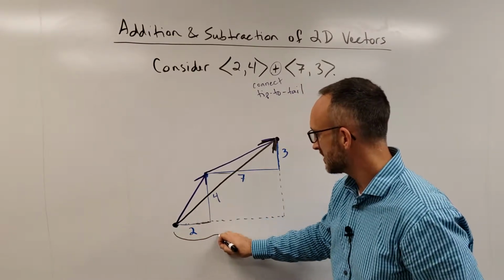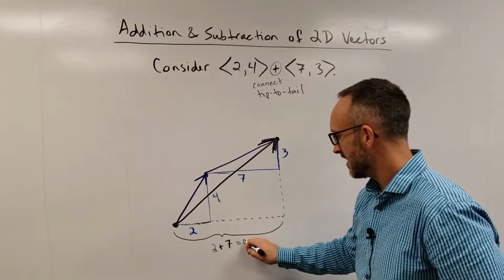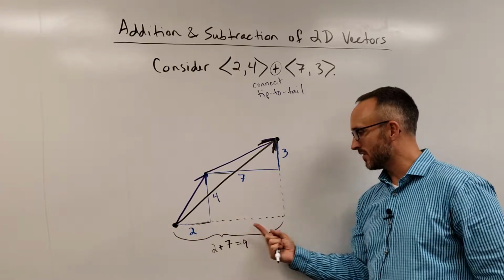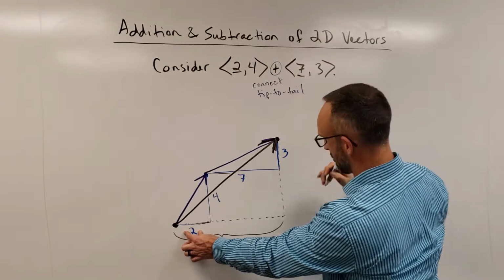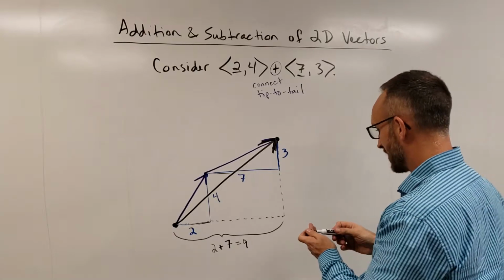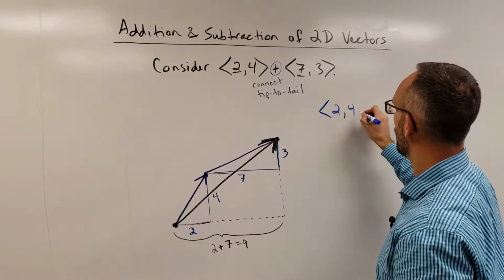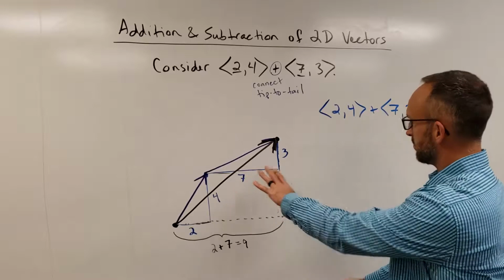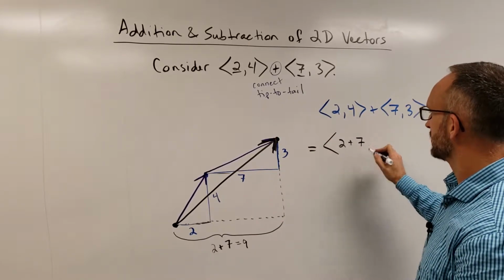So this distance here is 2 plus 7, and then of course that's 9, right? So this black vector, the horizontal component of the black vector, simply takes the horizontal component of the first vector and adds it to the horizontal component of the second vector. So when you add these vectors, <2, 4> plus <7, 3>, this black vector that I have here has a horizontal component of 2 plus 7,